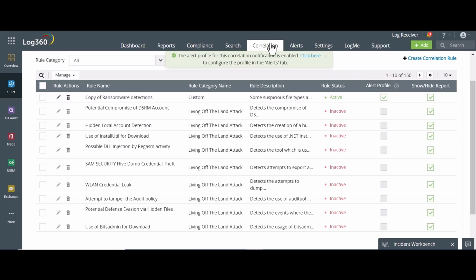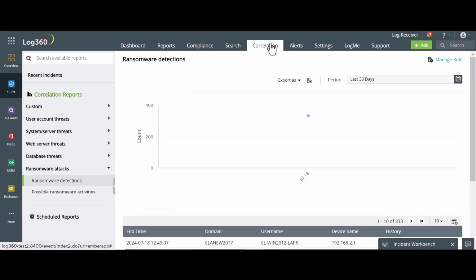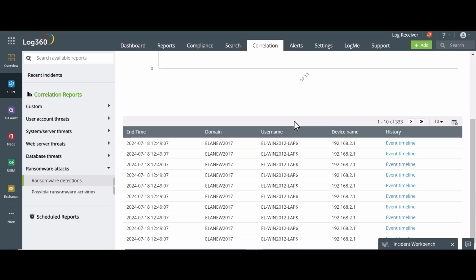You can find the reports on ransomware detections that we just discussed either by using the Search Available Reports option or by using the drop-down menu under Ransomware Attacks. Apart from giving you a visual representation of the number of correlated events, Log360 provides details such as when the action occurred, the associated domain, the device, and the name of the user involved.